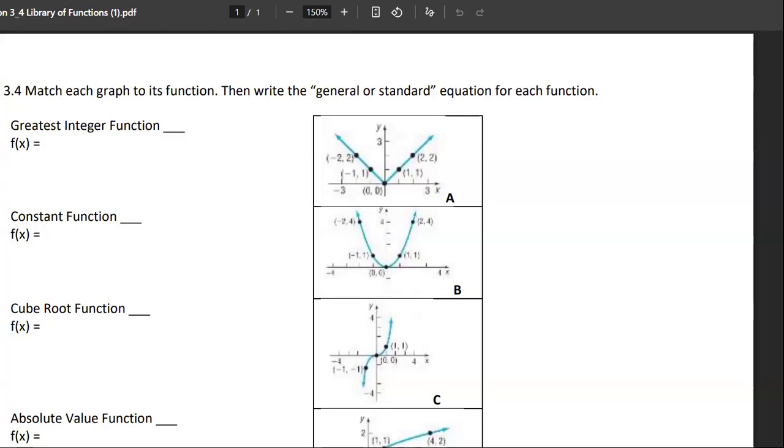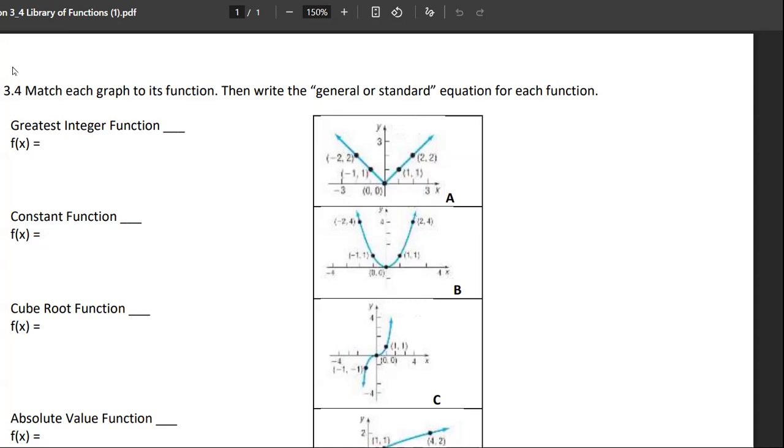Okay, so hopefully you had a chance to look at these different graphs and try to match them. All right, so we're now in a new section, section 3.4. I can't write the whole thing on the whole page, so I'll do this by parts. For the first one, the greatest integer function, you should have written down